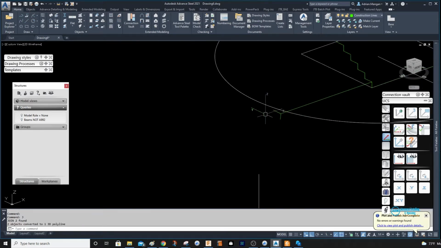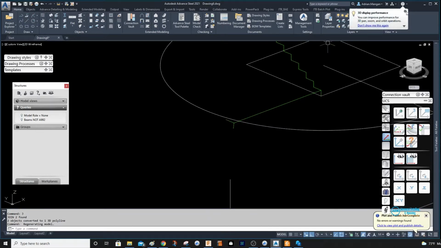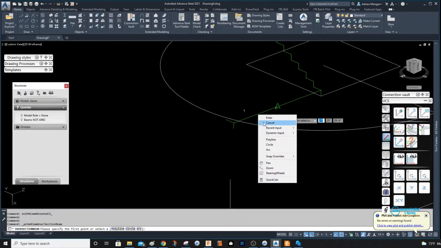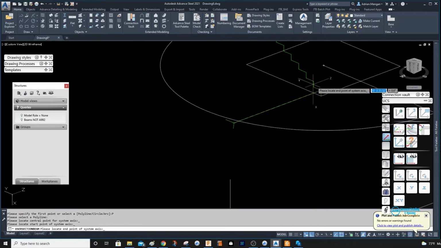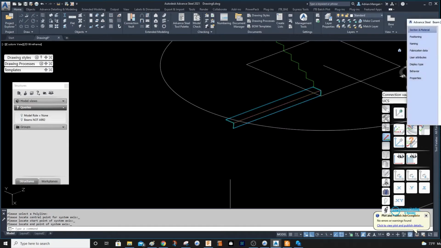I'm going to join those two elements, so now I can create the step. Go back to my standard layer. Now I'm going to rotate through the y-axis because we want to create this through the z, as you can see from my cursor. Come back to your home tab, do a folded beam, right click polyline, select the system line, select the start, select the end, and this is your macro for your pan. I'm going to make it 0.5,